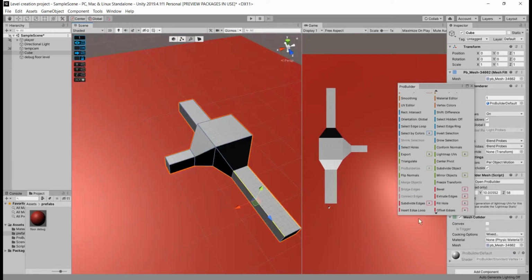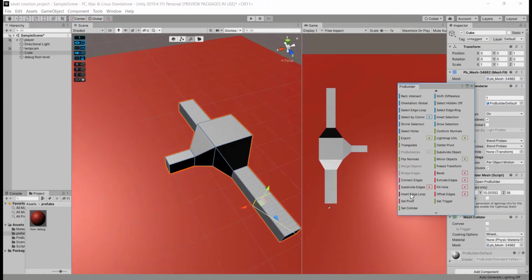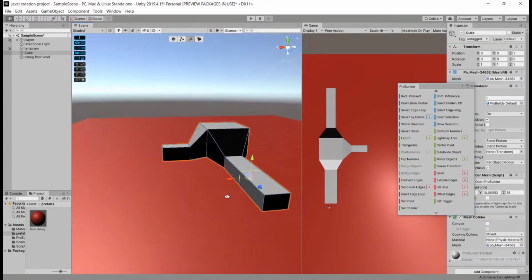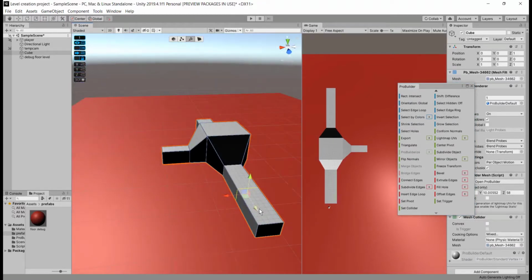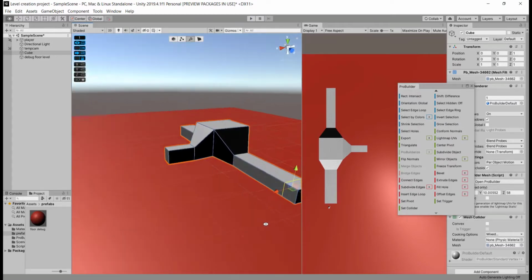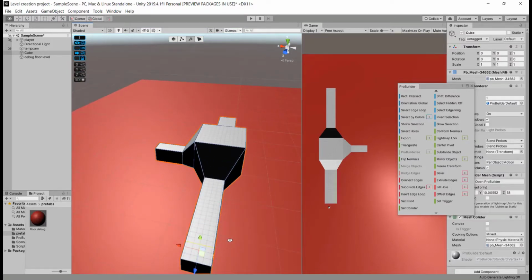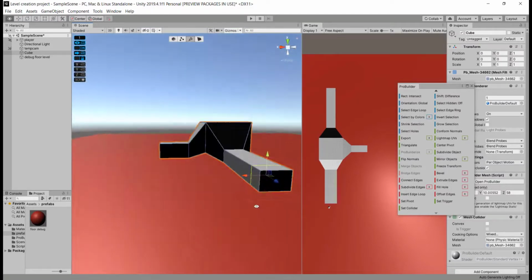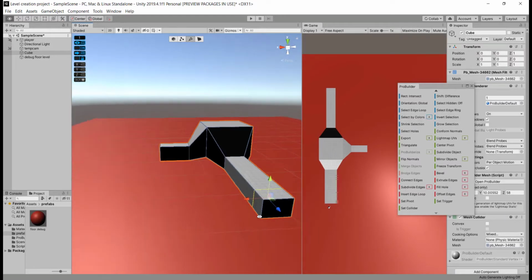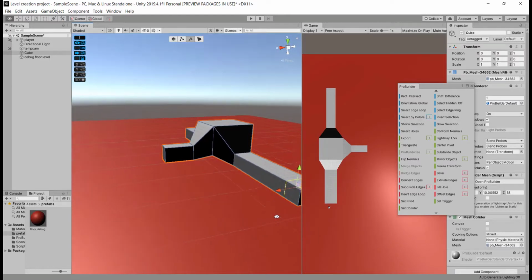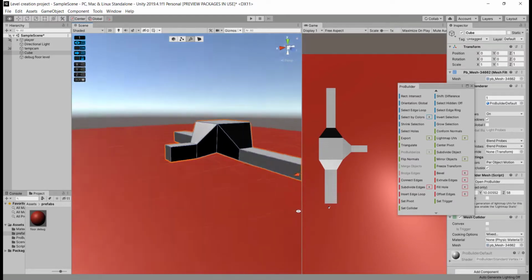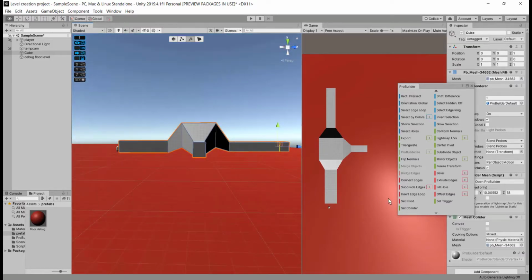Pro Builder gives you options to add new loops of edges into your existing geometry. This option also lets you split existing faces just like you do when you extrude a face along an axis.